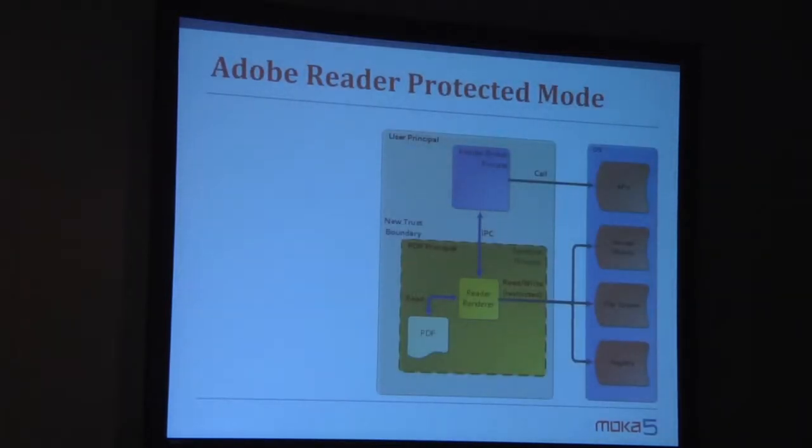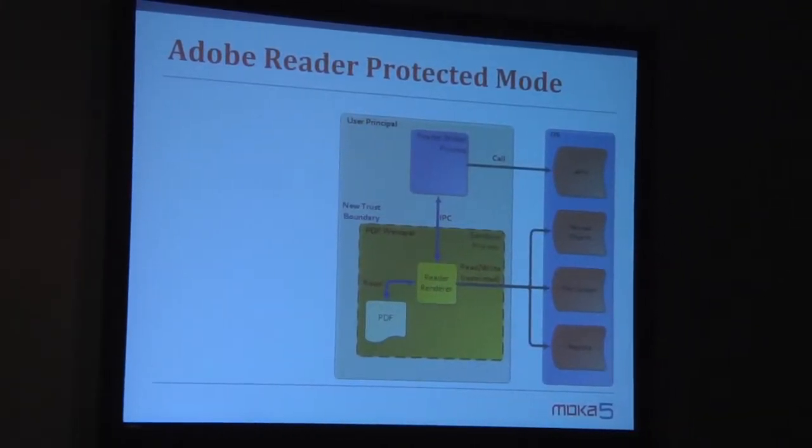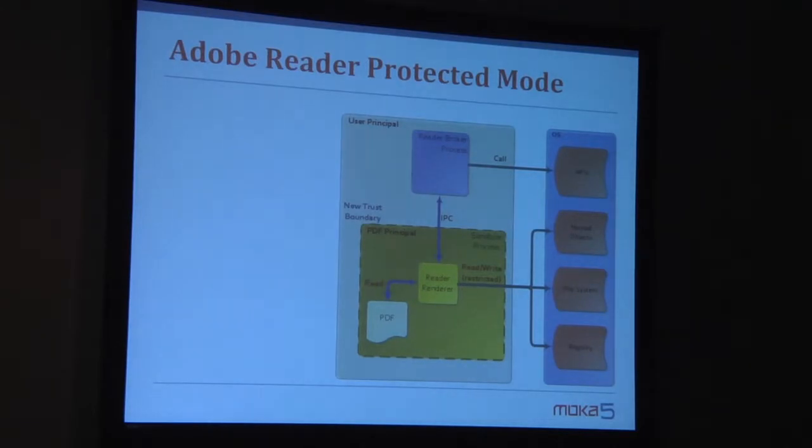And so Adobe Reader uses this. Adobe Reader used to have so many PDF vulnerabilities, and they eventually just got sick of it, so they built this architecture so that the renderer is separate from the broker process. You have your renderer, which has a ton of exploits people found because the file format's really complicated and it's really hard to build something that doesn't have any bugs like this. So they restrict its ability to read and write from that container, and all the API calls have to go through this broker process.